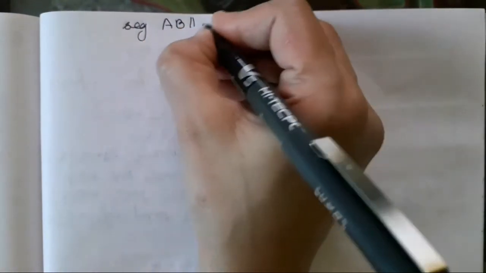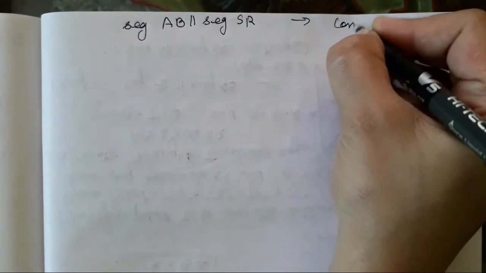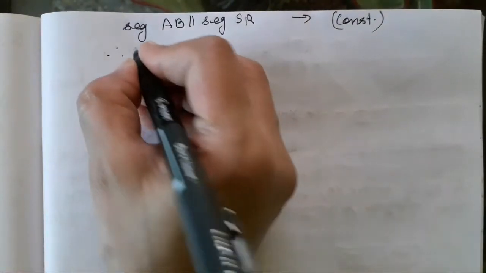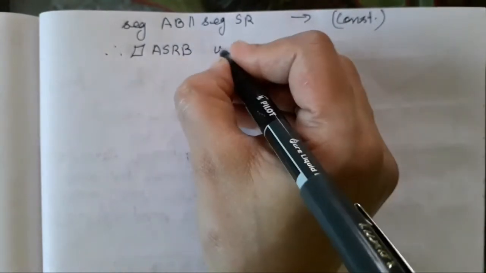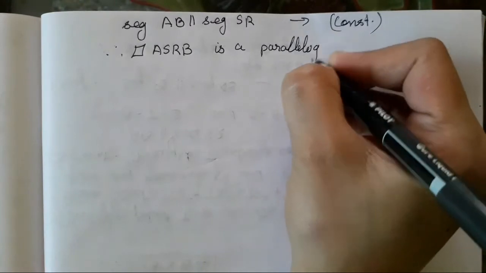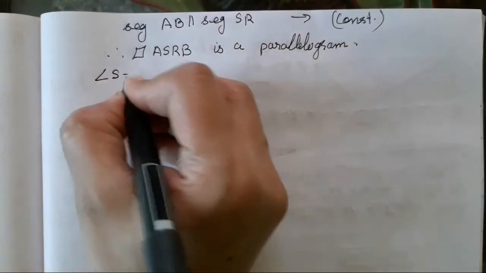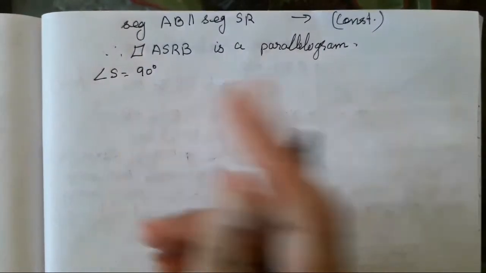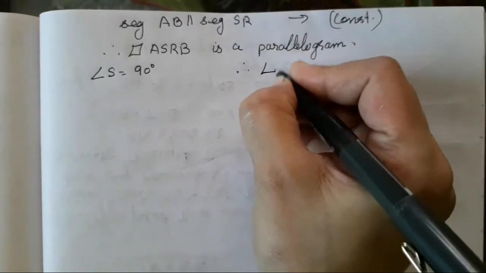Also, segment AB is parallel to segment SR from the construction that we have done. Therefore, ASRB is a parallelogram. We have shown that it's a parallelogram where angle S is supposed to be 90 degrees. Angles of a rectangle are 90 degrees. So therefore,